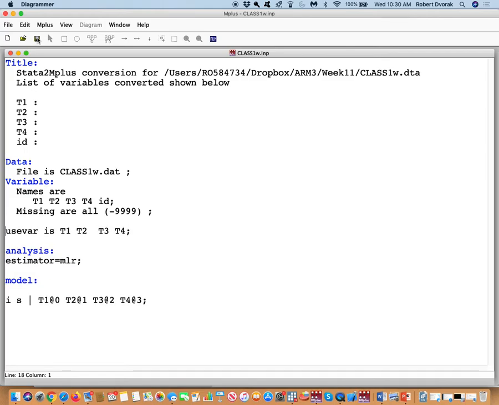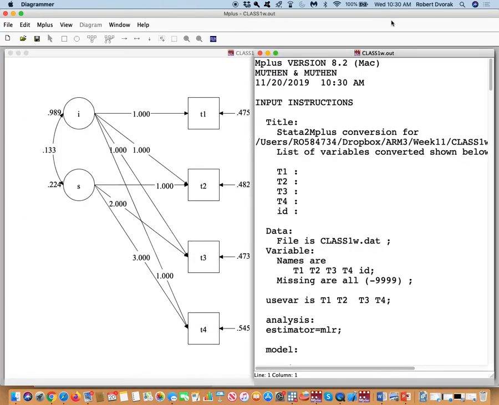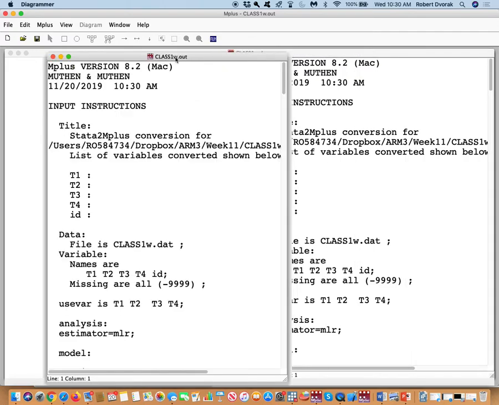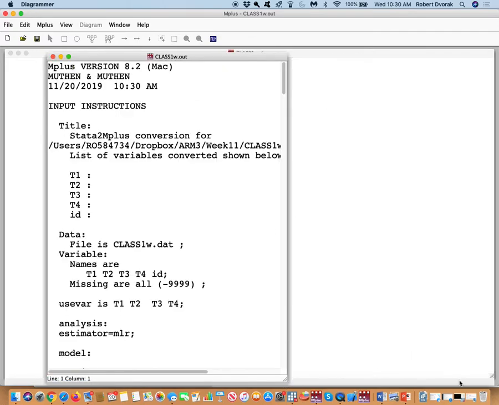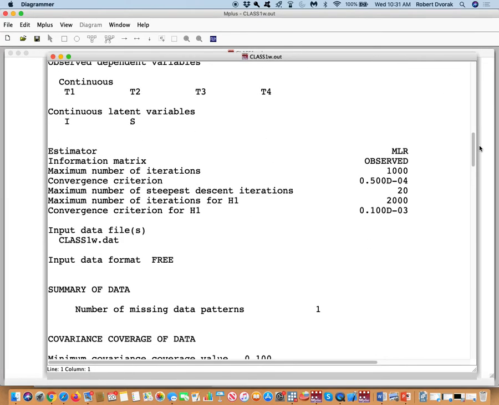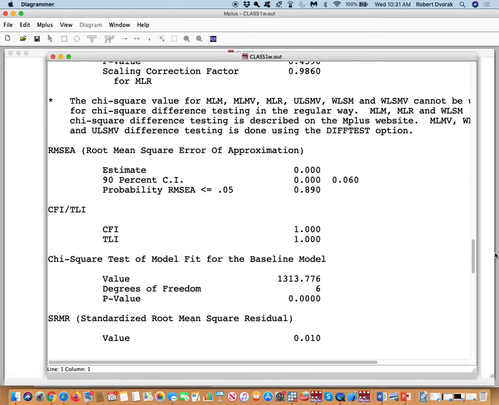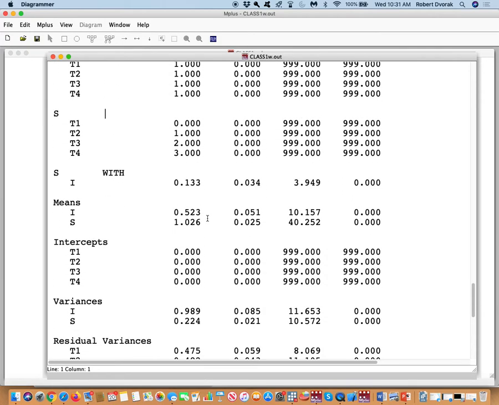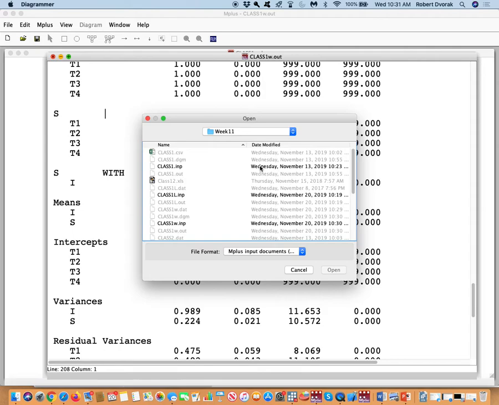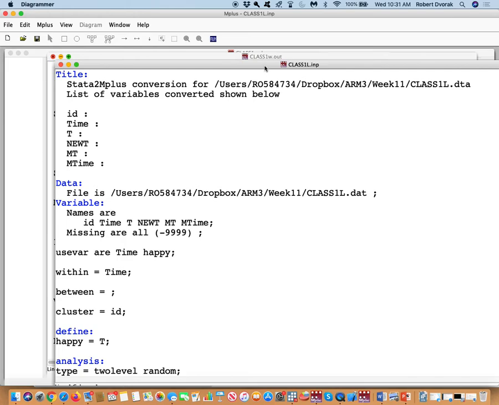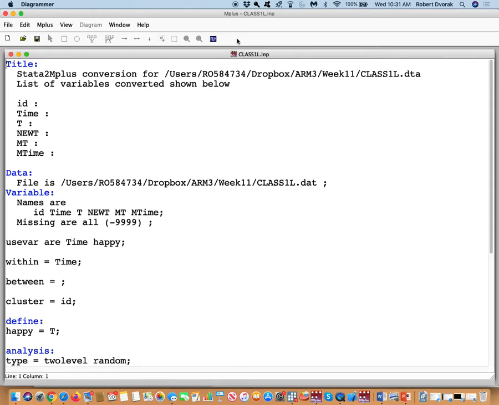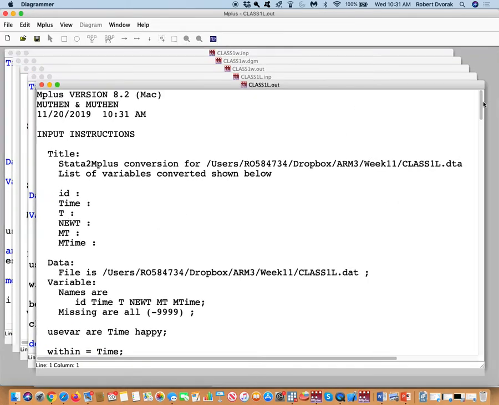All right. Now let's run this. Okay, our slope is 1.026, our intercept is 0.523. I want you guys to keep this up. I'm going to open up the multi-level model that we just ran, and I'm going to run the exact same thing,